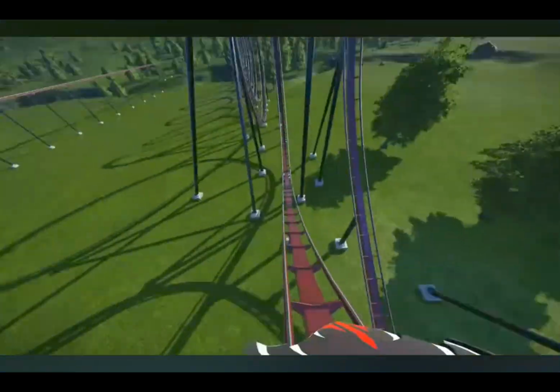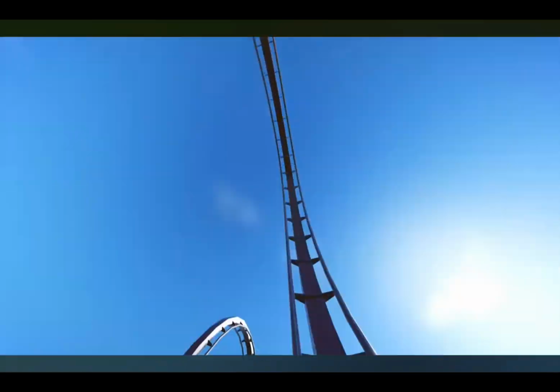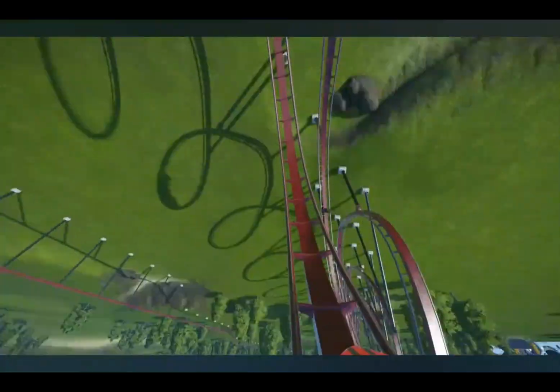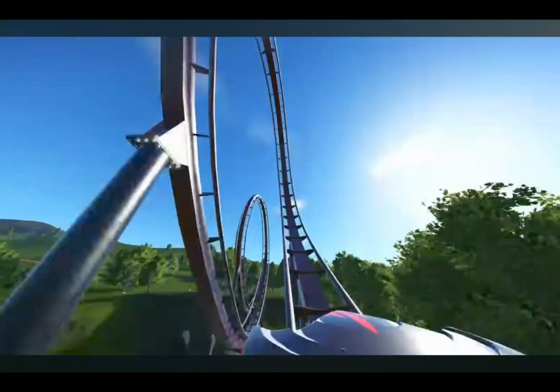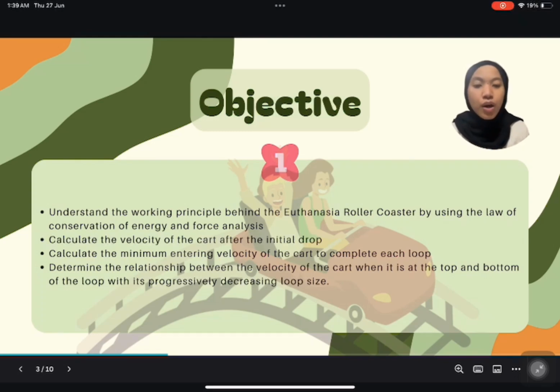The euthanasia roller coaster is an art concept created by the designer Julijonas Urbonas. It is intended to create a series of G-forces that lead to a euphoric end, which means death with no pain. So for our objective, we can understand the working principle behind the euthanasia roller coaster by using the law of